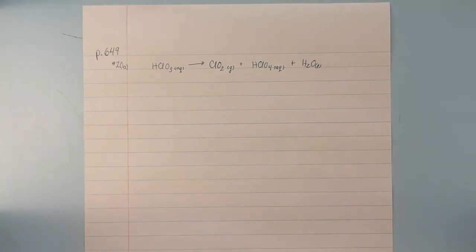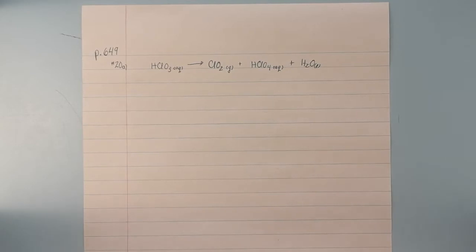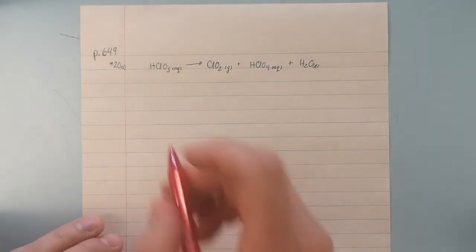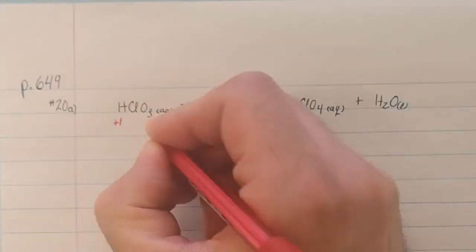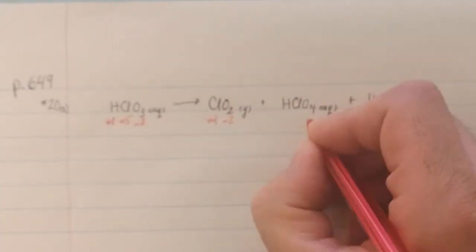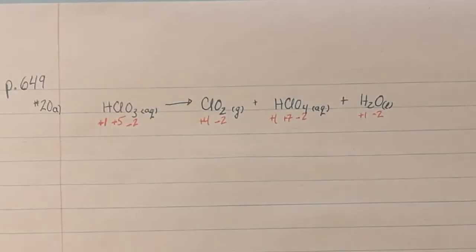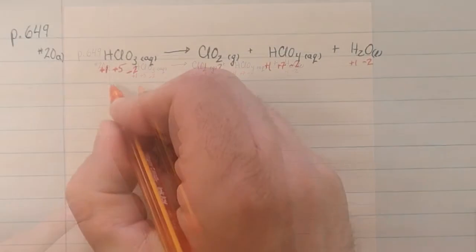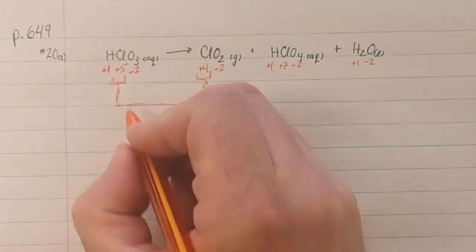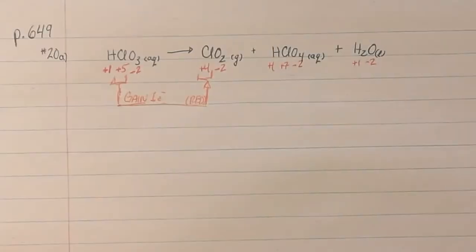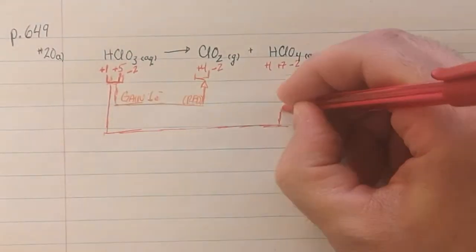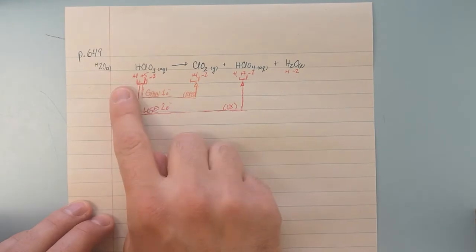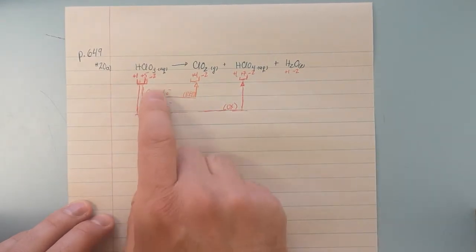Let's begin balancing this as we would normally, and then I'm going to show you a strategy that can be really helpful to understand what's happening here. All right, let's go. Now we're going to identify our oxidized and reduced species. So now we've got it set up where we've got our oxidation numbers listed, and we've described each